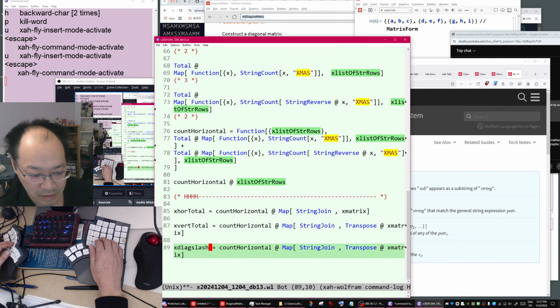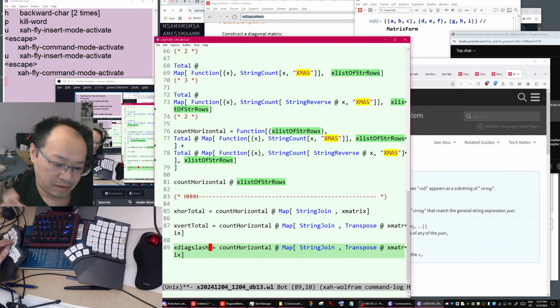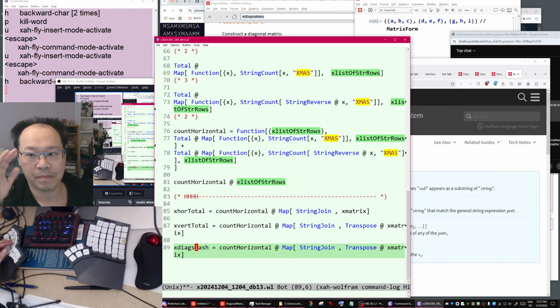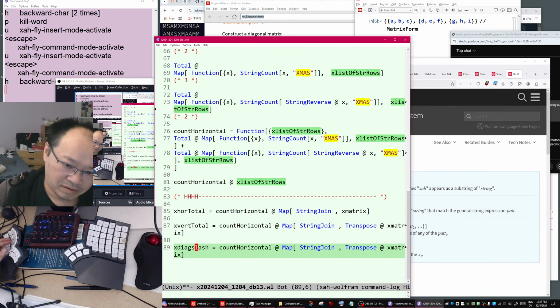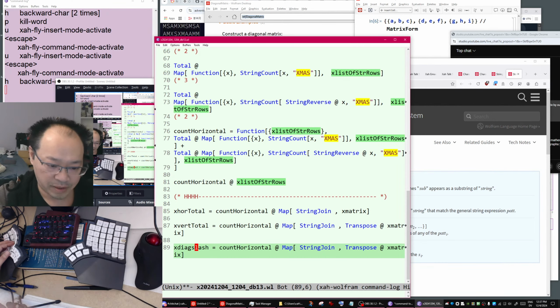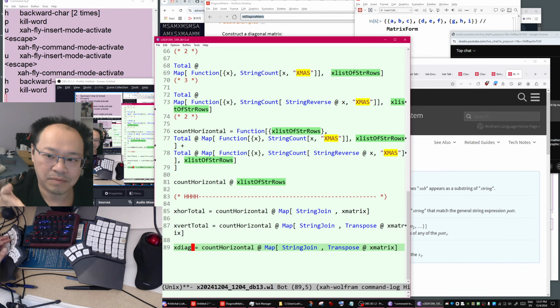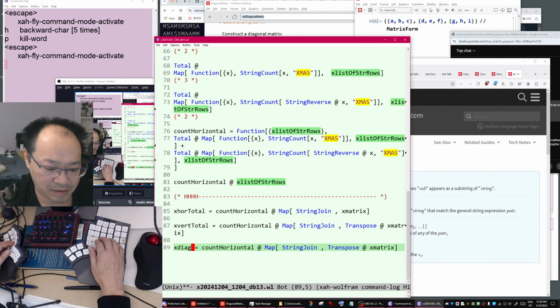Actually, the backslash direction is properly called diagonal in math. Now what about the other diagonal? What's the proper term for that? I don't know. Is there a proper term for that? Maybe, but I don't know.